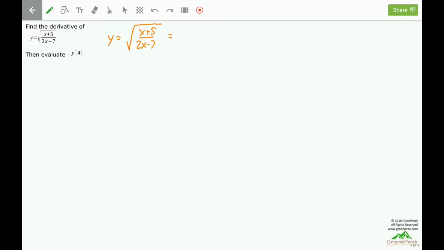Let's rewrite that as a fractional exponent. Inside of that square root, we do have the quotient, but the entire thing is to the 1/2 power. That means for the derivative, we're going to start off with the power rule for that outermost function. But we will still be making use of the quotient rule when we complete our chain rule, the derivative of the inside. Our derivative, y prime,